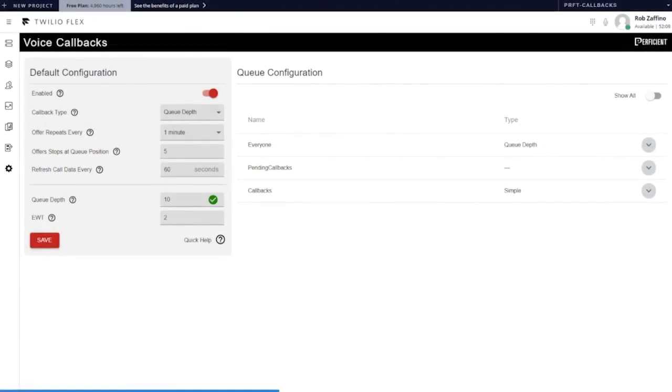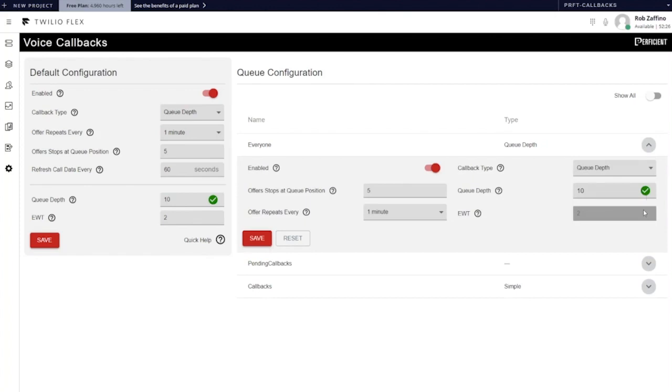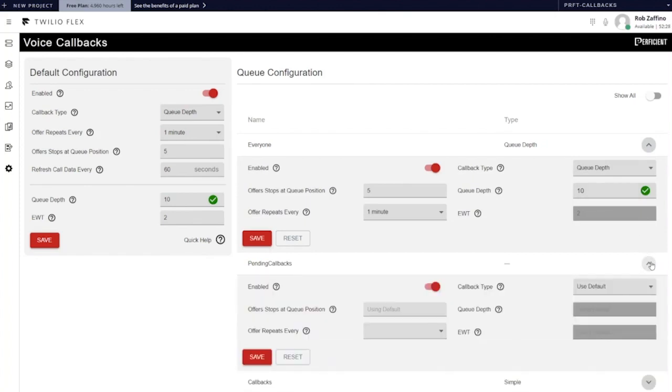The UI consists of two sections: default configuration and the queue configuration. The default configuration allows you to set a default setting that will affect all queues unless configured otherwise. The queue configuration allows you to set callback settings at the queue level. If a queue is configured differently at the queue level, the queue callback setting will take priority over the default